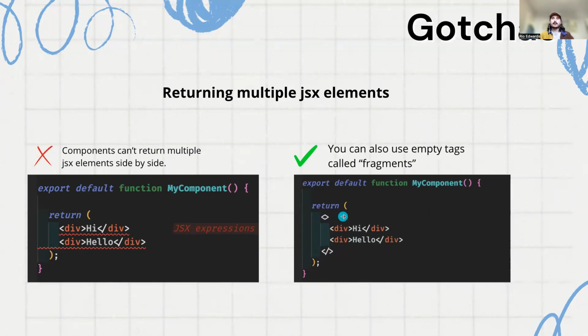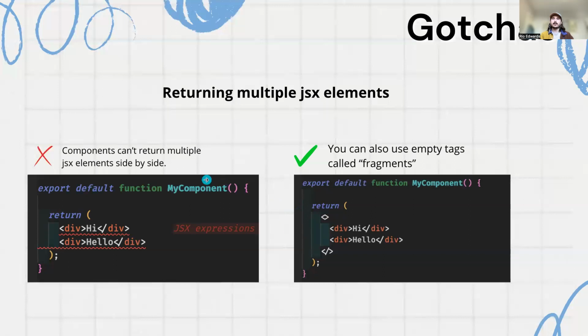Another variation of that, which is pretty convenient, is you can make what are called fragments, which is basically an empty HTML tag. And what it says is return these 2 elements inside this parent element, but the parent element is actually fake. It doesn't exist. It's just temporary. So this will not actually result in a component or an element on your HTML page. This is like an empty HTML tag,